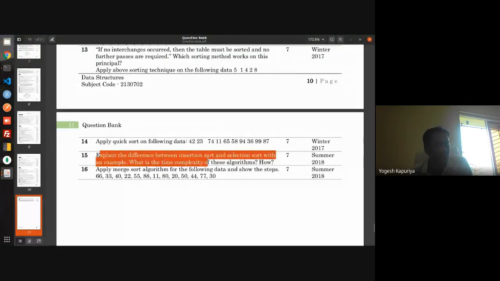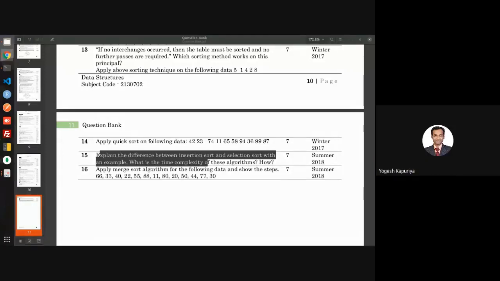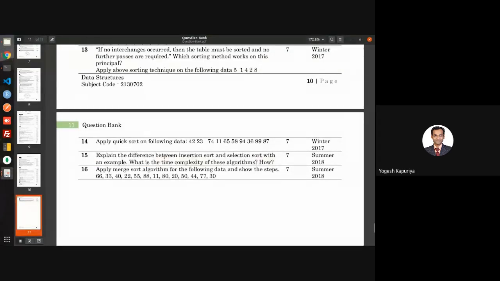Explain the difference between insertion sort and selection sort. So remember, you are supposed to write the difference. No need to write the entire algorithm. See, this is when I say that you know this, right? For some reason, if you don't know the answer of this question, then it's better to write anything which you know about that question. Am I clear?